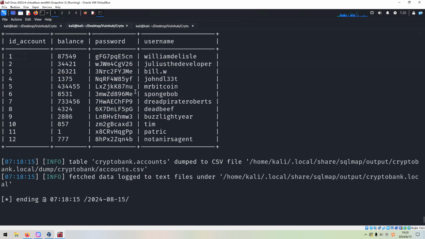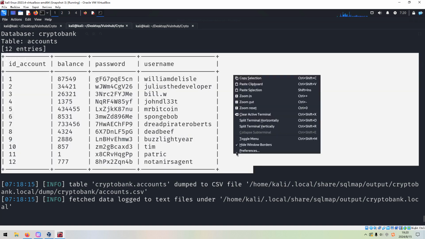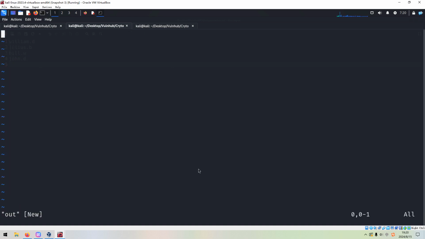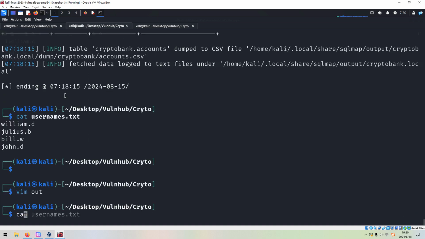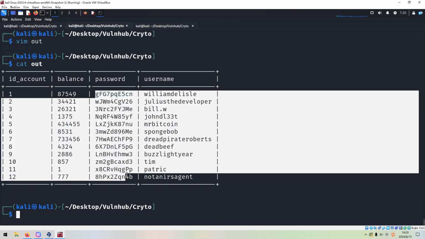So next we need to do some processing to extract usernames and also passwords. Of course you can copy one by one, but I'd like to use some commands. We can vim and put it into this file. As you can see, we can cat this out, and first of all, we want to extract the password.